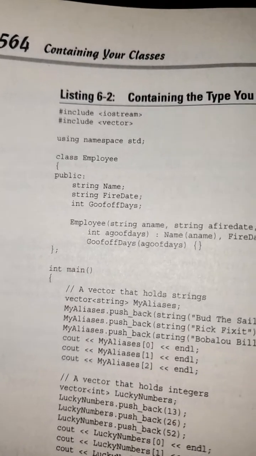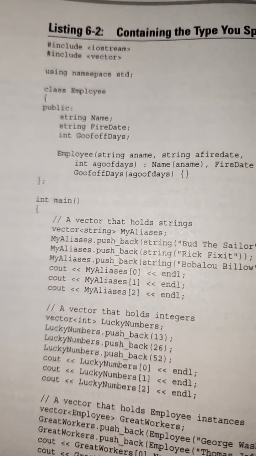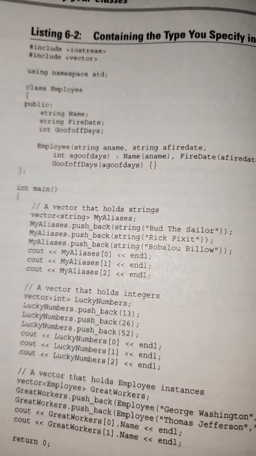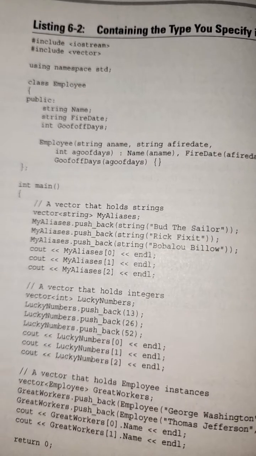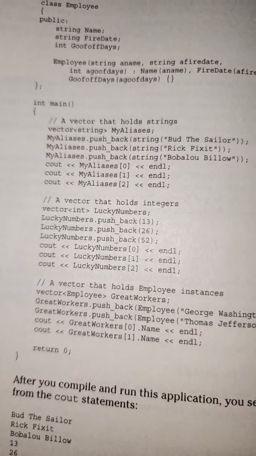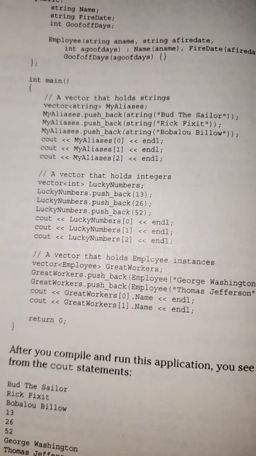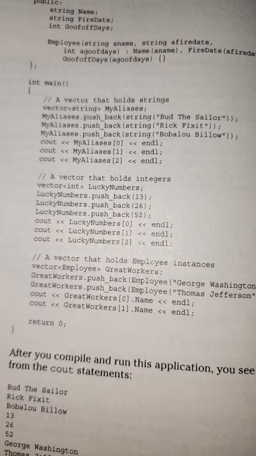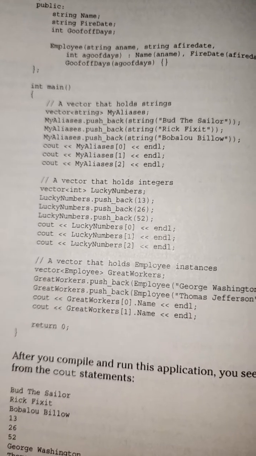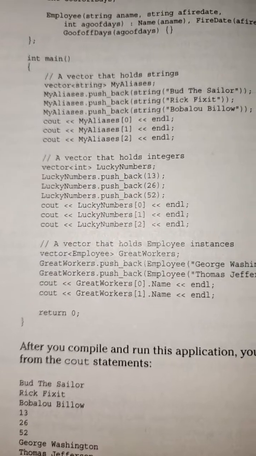#include <iostream> #include <vector> using namespace std; class Employee { public: string name; string fireDate; int goofOffDays; Employee(string aName, string aFireDate, int aGoofOffDays) : name(aName), fireDate(aFireDate), goofOffDays(aGoofOffDays) {} }; int main() { A vector that holds strings. vector<string> myAliases; myAliases.push_back("Bud the Seller"); myAliases.push_back("Rick Fixit"); myAliases.push_back("Babalu Bellow"); cout << myAliases[0] << endl; cout << myAliases[1] << endl; cout << myAliases[2] << endl;